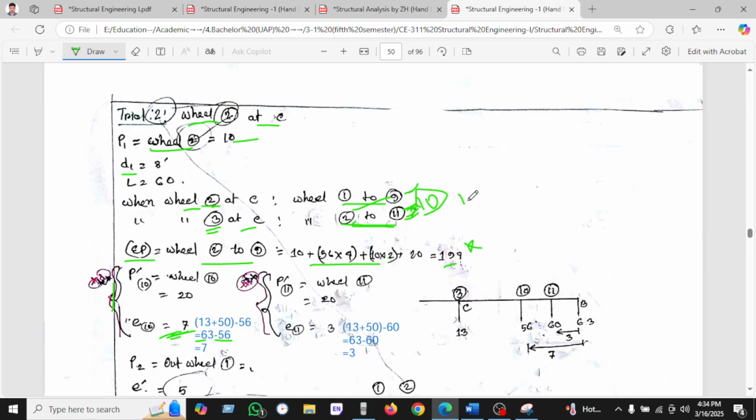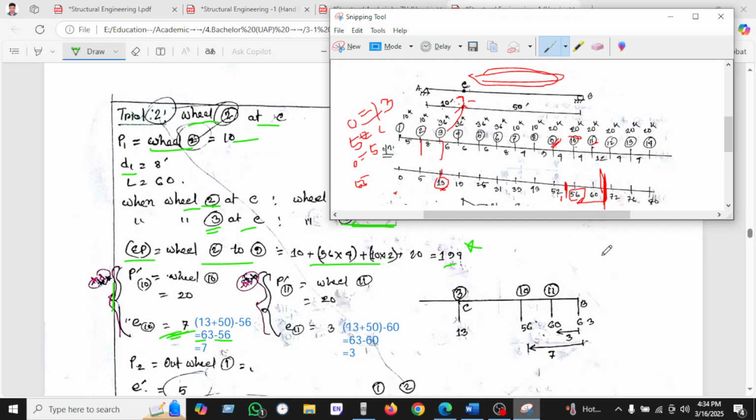Now we'll take wheel number 11. This is the 11. So if we set wheel 3 at C, that is 13. So if we calculate 0 equal to 13, then 50 equal to what? 50 equal to 63. So we can go to 63, but our wheel